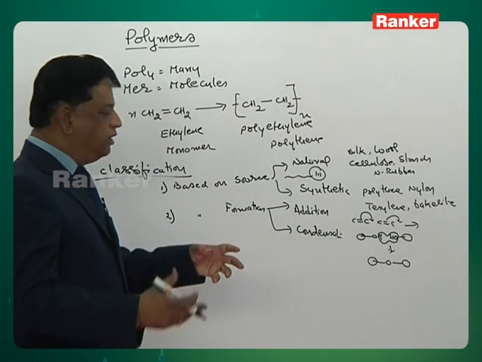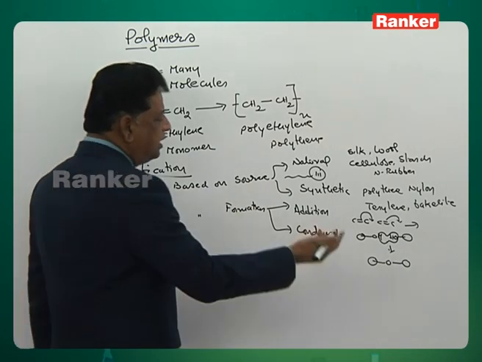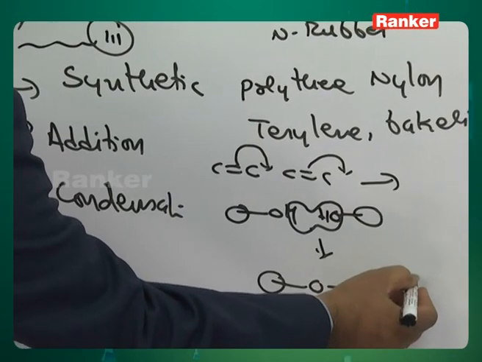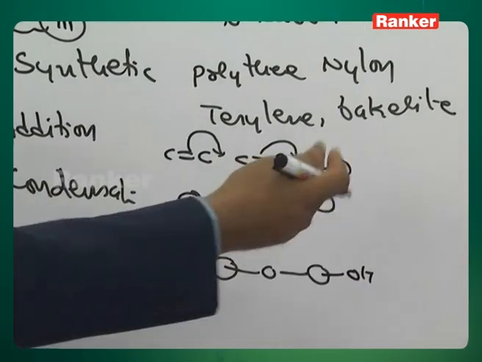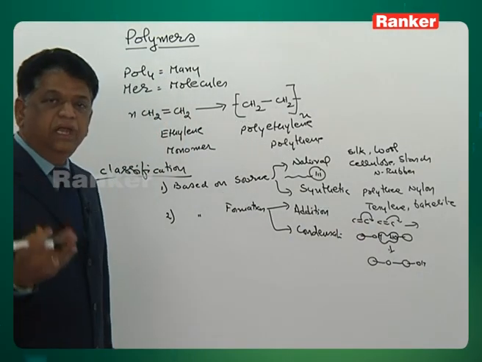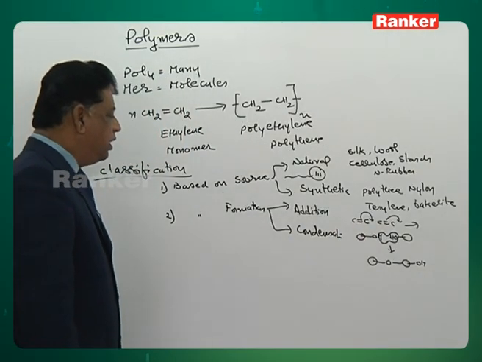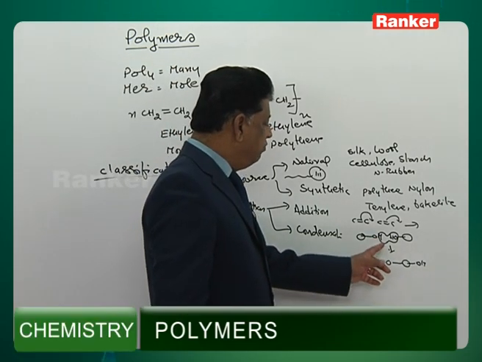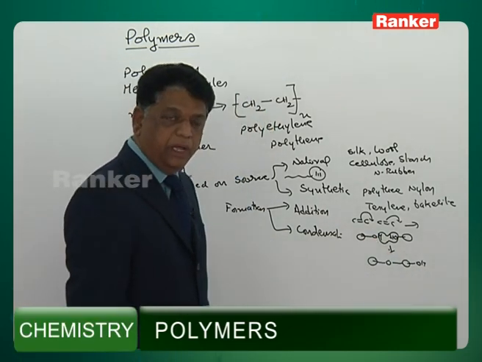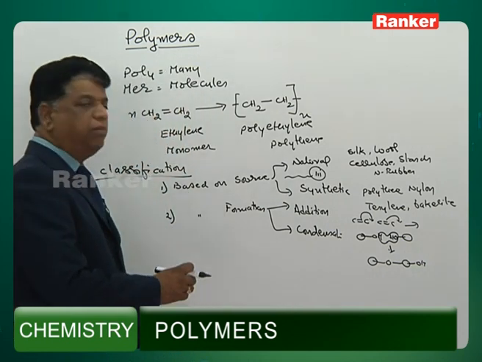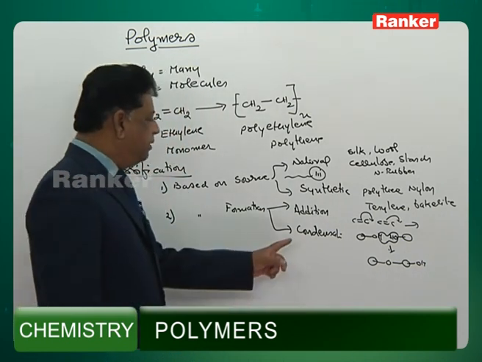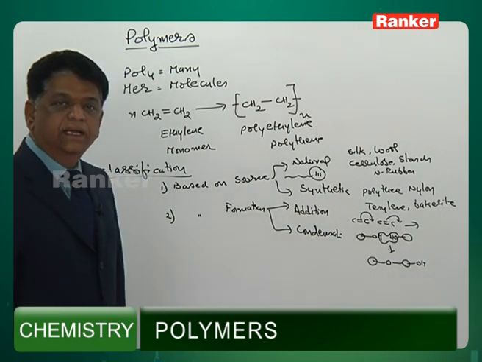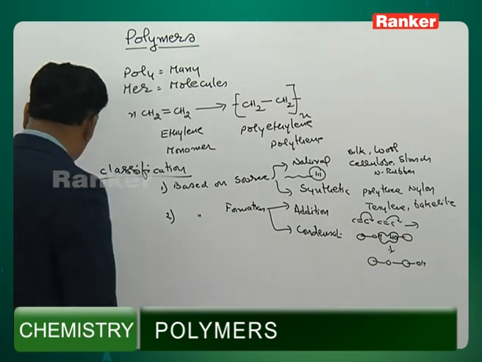Water is dropped and the two molecules are joined. Similarly, on the other side, if it has one more functional group, it will join with the next molecule, and so on. Condensation leads to a very large molecule. Through this, while forming, smaller molecules like water, ammonia, or alcohol are removed. Such polymerization we call condensation polymers. These are the two types.